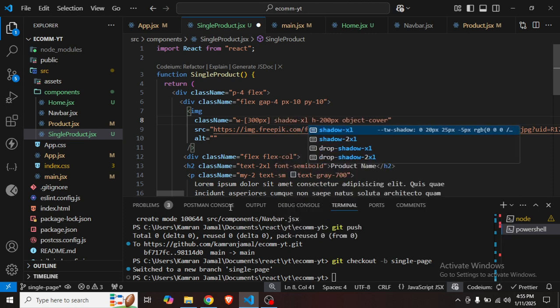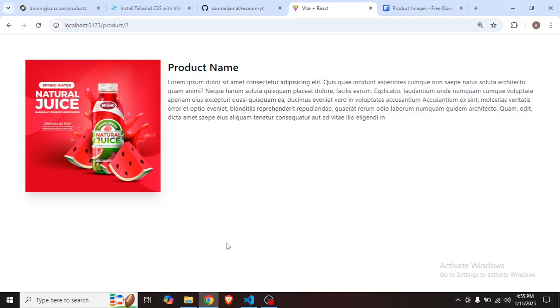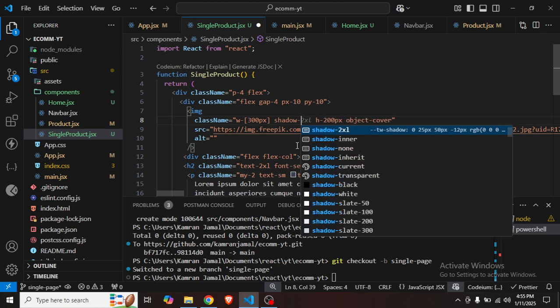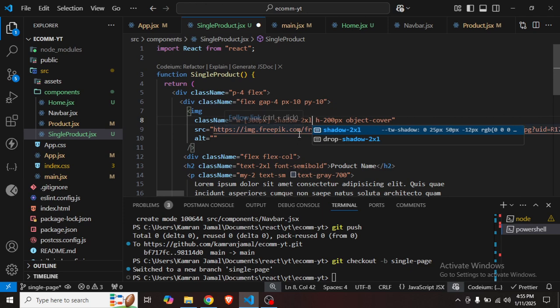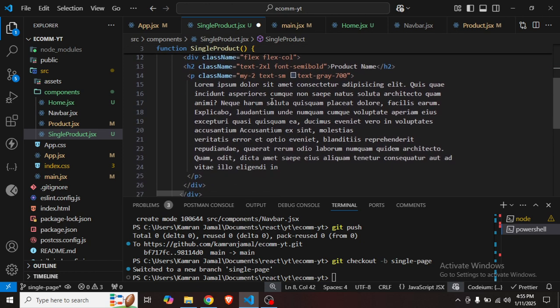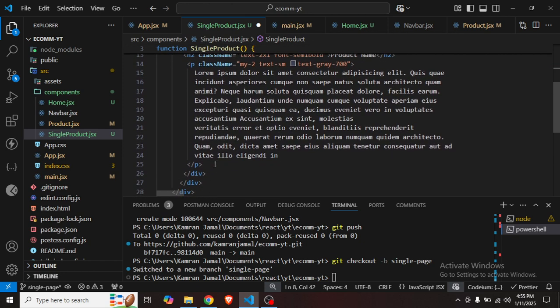Okay, now it's good, and I'm also giving some shadow to the picture of xl. Now I think it is not visible. What can be the reason? I don't know. Shadow-xl. And it's done now I think. Okay, I think I should scroll a little bit down and create here